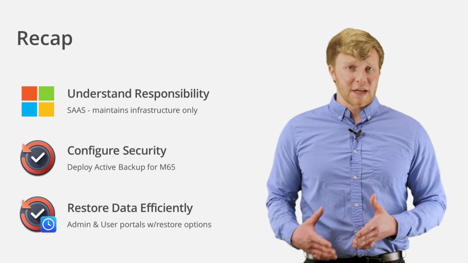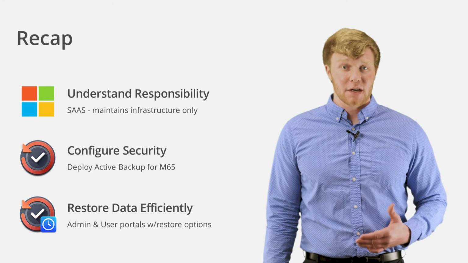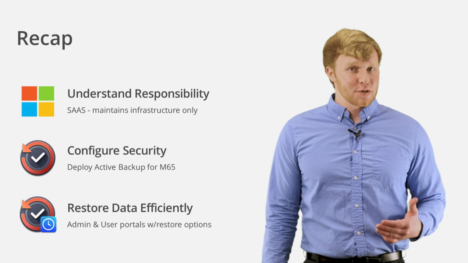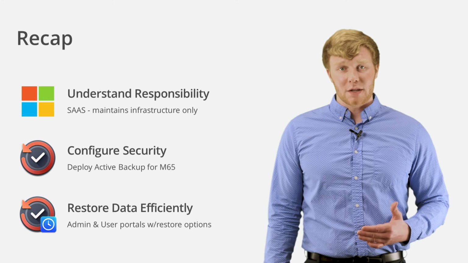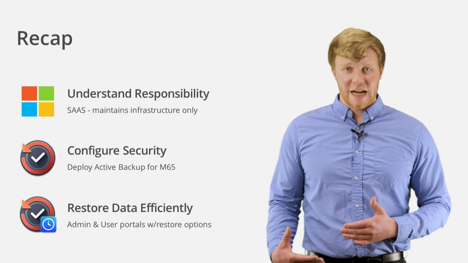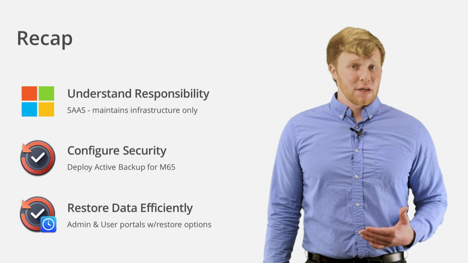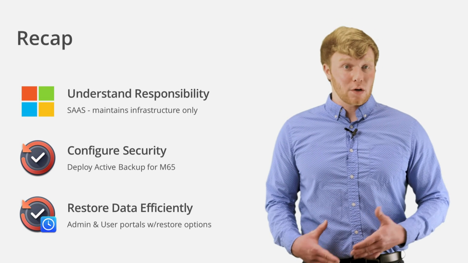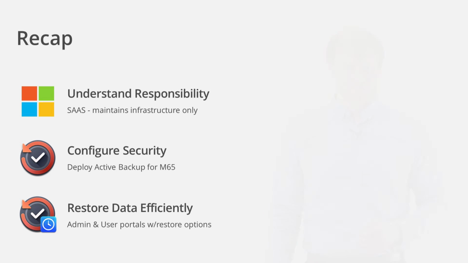After that, we took a look at how you can utilize Active Backup to archive your Microsoft 365 data to a Synology NAS with no license fees. We talked about the different options available when deploying this software, including retention settings and group policy parameters. Finally, we talked about how to restore your SaaS data using the Active Backup for Microsoft 365 portal, which can be used to browse historical versions of your data and either restore files and folders to their original location in Microsoft 365 or to a different place altogether.